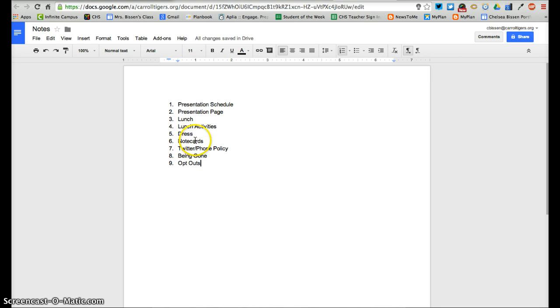Note cards. Some of you guys have asked me if you can have note cards up there. You can. I don't care if you do, as long as you're not reading word for word off your note card. Remember, you're trying to give a good presentation here. And if you're going to have a note card, have it be uniform with everyone in your group. I don't want one kid to have a note card, one kid to have a paper, one kid to have a notepad. Just kind of make it uniform so it looks professional.